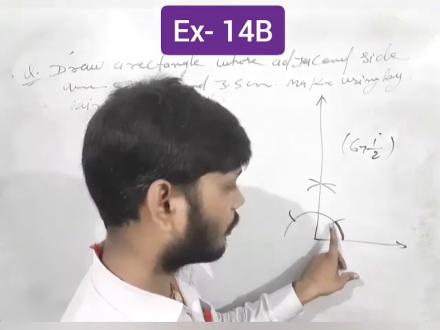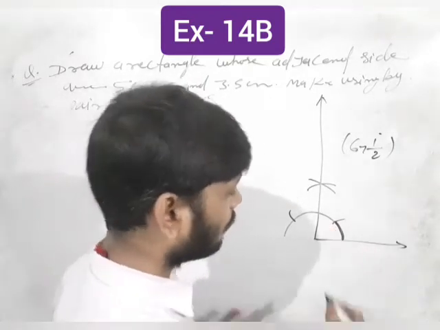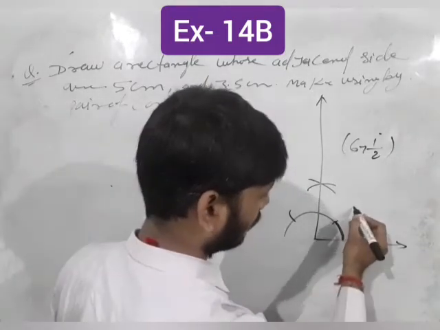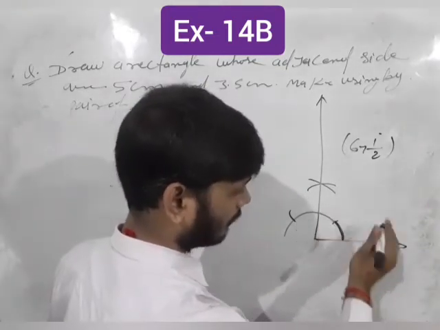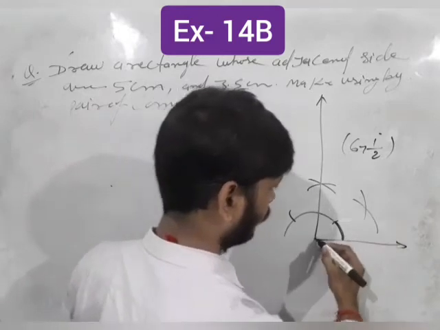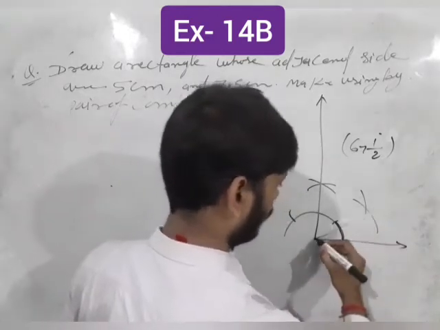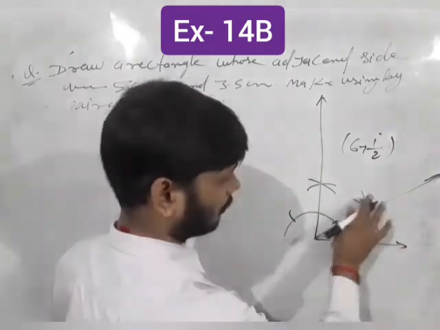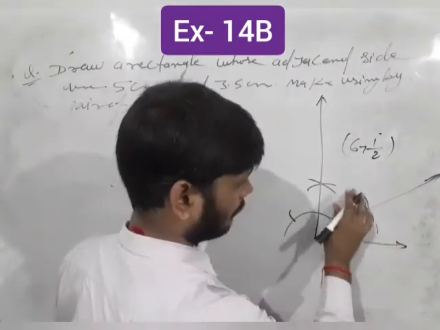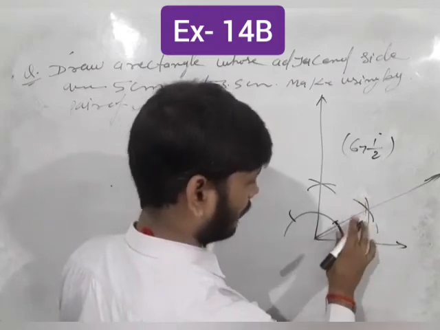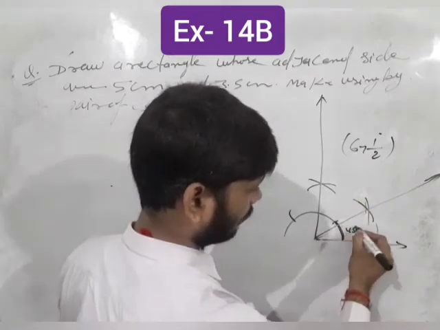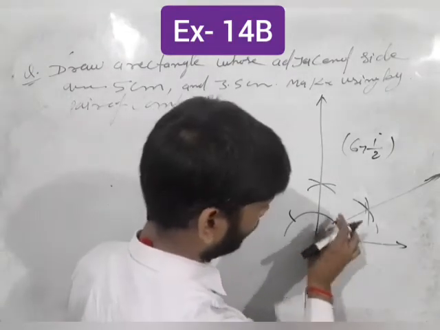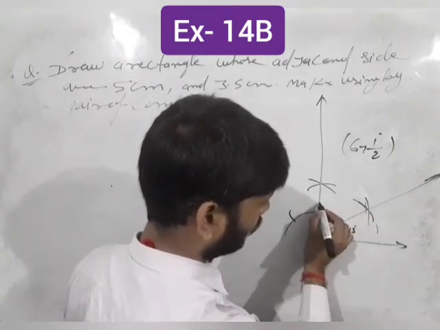Here 60 degree. And when you draw the bisector of this angle, first of all bisect this angle. Here you draw this line. It is the bisector of the angle. Students, it's a 45 degree angle. Here 45 degree angle from here to here. Now, students, when you bisect this angle, here its value is also 45 degree.